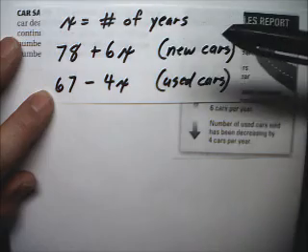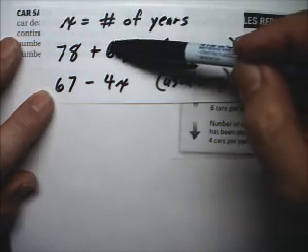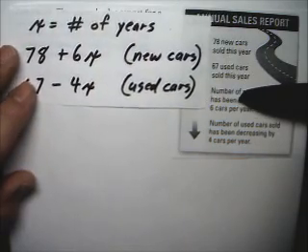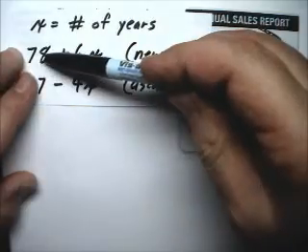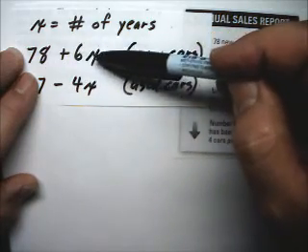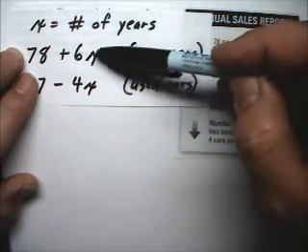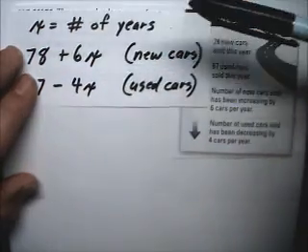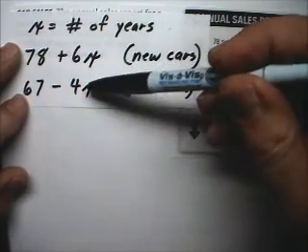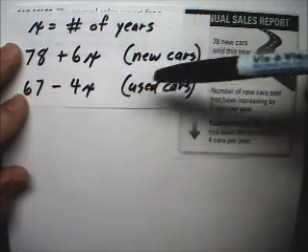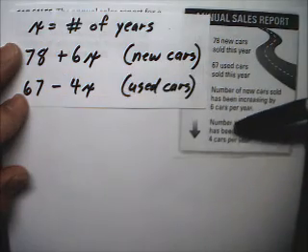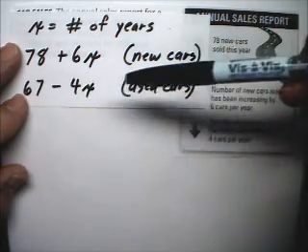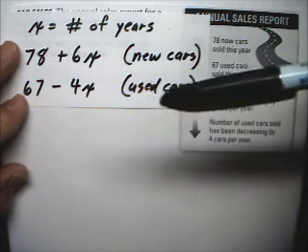I said x is going to be my number of years, and see 6x, that's how much the new cars are increasing. So new cars started with 78, and we're going to add 6 for every year. So if it's 1 year, it's times 1, and I would add 6. 2 years, it would be times 2, and I would add 12. Used cars is very similar, except I'm subtracting it, and instead of multiplying by 6, I multiply by 4. So the first year I'd be subtracting 4, second year I'd be subtracting 8,